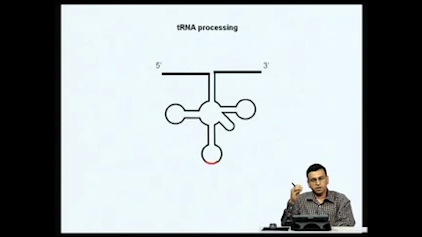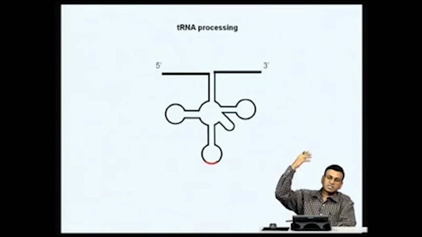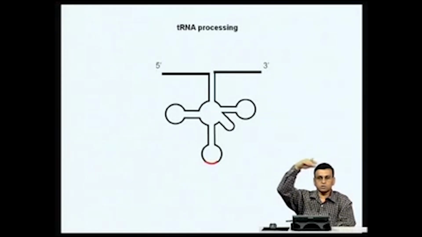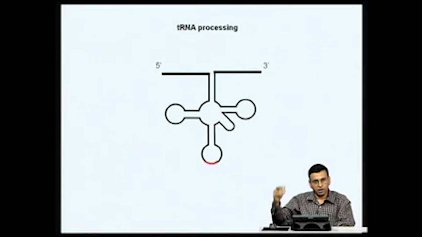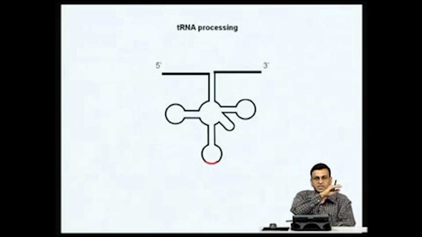Now, we will spend maybe a few minutes to understand, once the tRNA is synthesized, what kind of processing takes place. Just like in the case of Pol II transcripts, we have seen the pre-messenger RNA undergoes a number of RNA processing steps like capping, splicing and polyadenylation. Similarly, in the case of ribosomal RNA, we have shown it is synthesized as a precursor ribosomal RNA which then gets cleaved to 28S, 18S and 5.8S rRNA, whereas in the case of tRNA, let us see what kind of